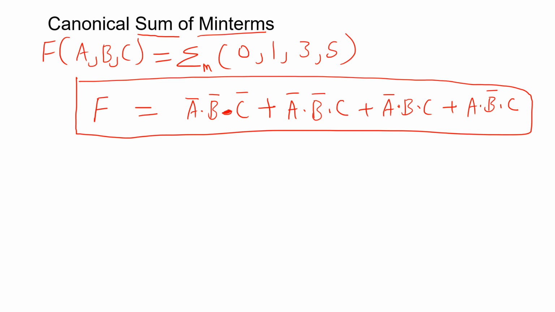Getting clear? I think yes. Then there is a standard sum of products that we need to understand. Previously we have seen canonical sum of minterms. Let me write it: canonical sum of minterms. Now here I am saying standard sum of products. Let us understand what is the difference between these two. Let me take one example.